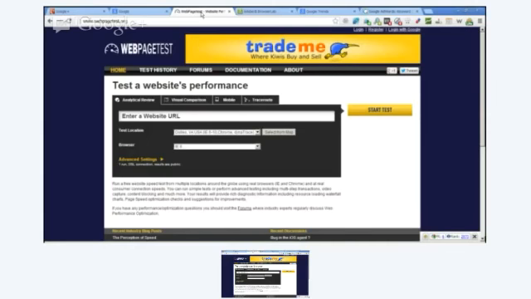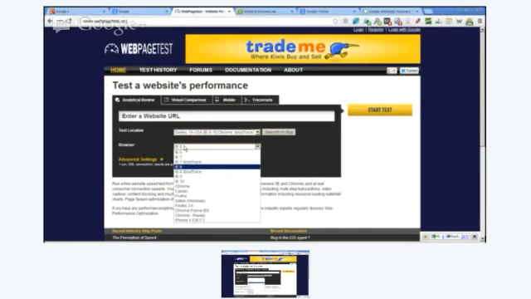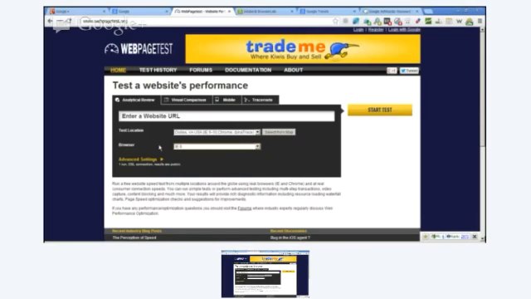And I won't go through it here right now, but you see that you can put in a URL, and you put in a location from which the speed of your site is going to be tested, and then you put in the browser. And so you can test this from different locations, different browsers, to make sure that you have a good load speed with your